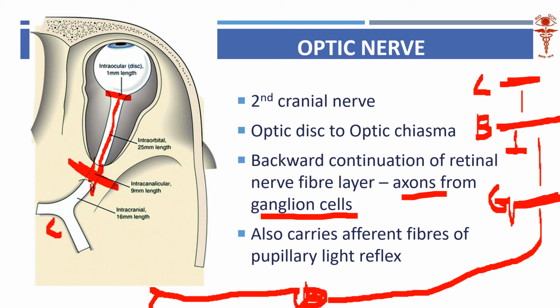Level 1 is the bipolar cell. Don't think rod and cone. Rod and cone is just the receptor. Don't confuse them as neurons. Bipolar cell is my first order neuron, ganglion cell is my second order neuron, and my lateral geniculate body is my third order neuron. So these are my 3 orders of neurons. This is the journey of my optic nerve: from the optic disc via the orbital length, then the optic foramen, the optic canal, and the optic chiasma.